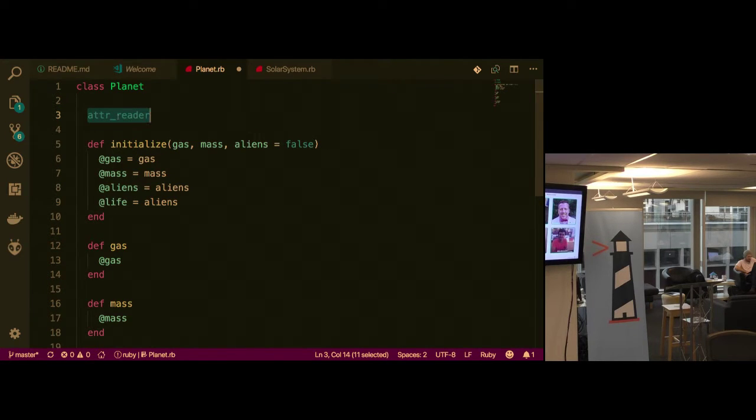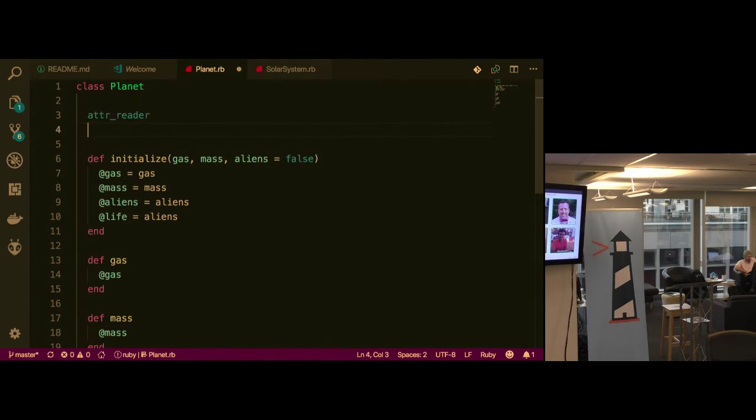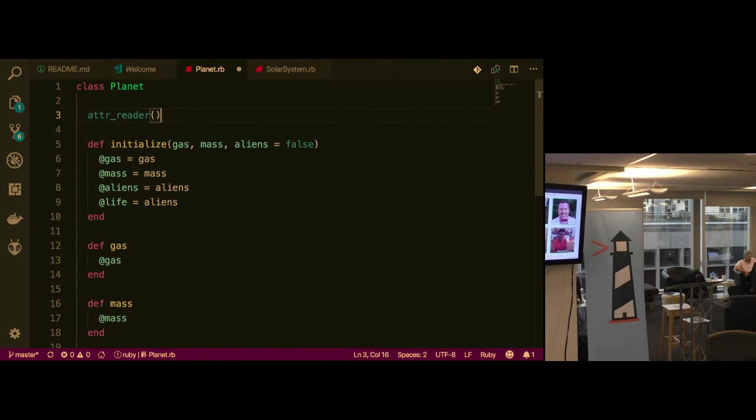So there's attr_reader, and then there's attr_accessor. What is attr_reader? Is this a variable, a method, a class? Symbols look like that. It is a method. It's a method that takes symbols.